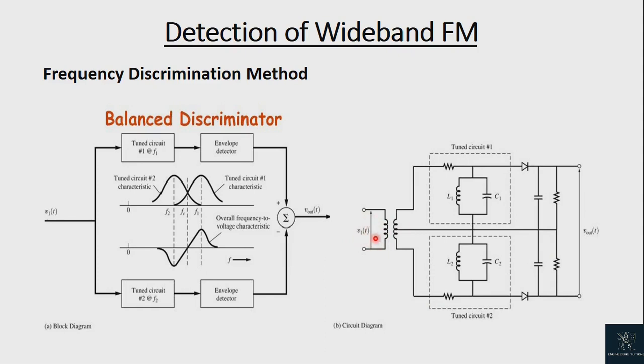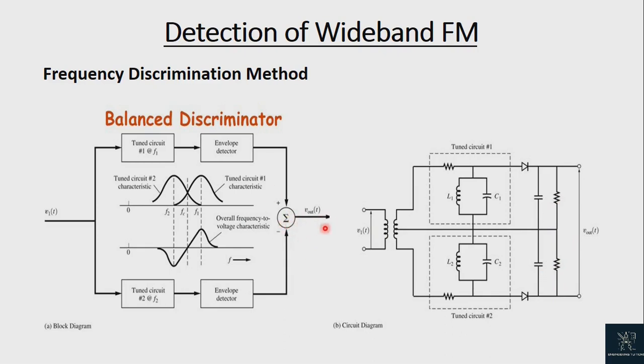The secondary windings are tuned to different frequencies so that the circuit is staggered tuned. Staggered means to arrange objects or parts in a zigzag formation so that they are not in line. The outputs of the detector diodes D1 and D2 are filtered by these two RC circuits. The voltage V1 is developed across this R and the voltage V2 is developed across this R. They are added together by this summer block to get the final output voltage V0, which is the modulating voltage.